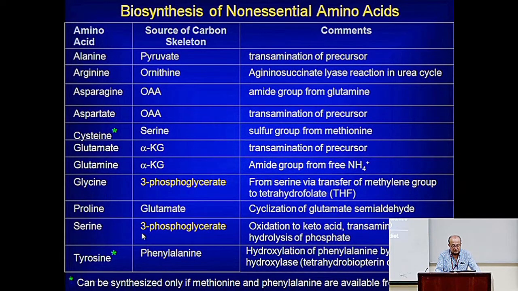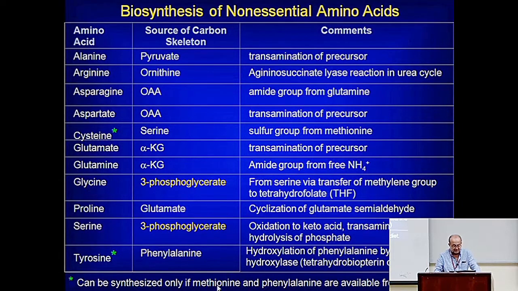So you don't need to know the details. It's made from 3-phosphoglycerate, which is part of glycolysis. 3-phosphoglycerate can be converted to eventually 3-phosphoserine, then serine. And because serine and glycine are interconvertible, we'll cover that in a minute, then glycine can also be made from